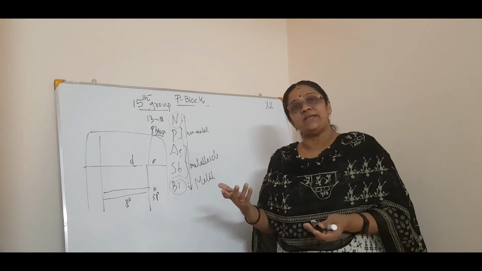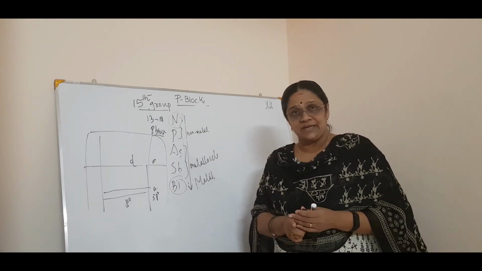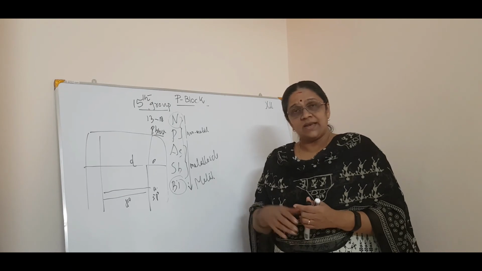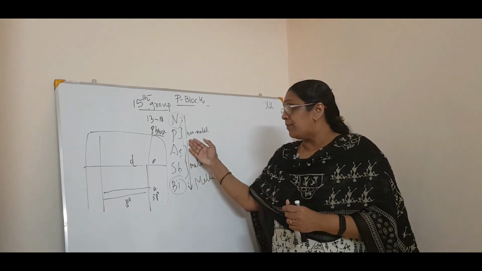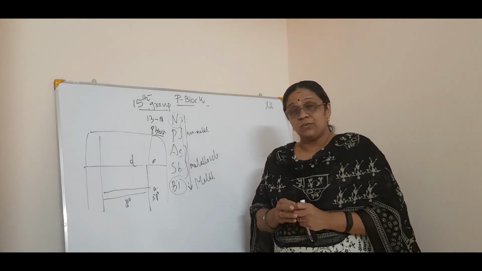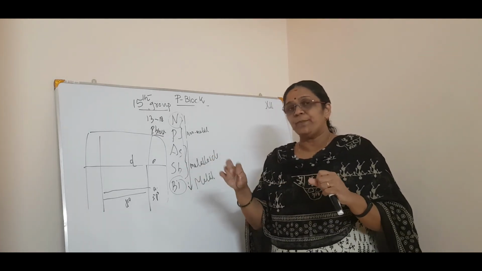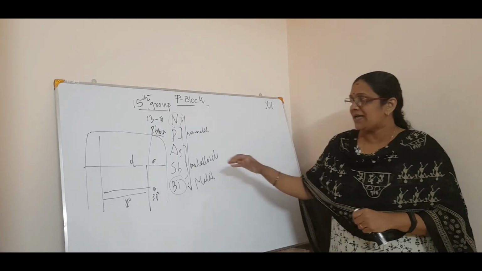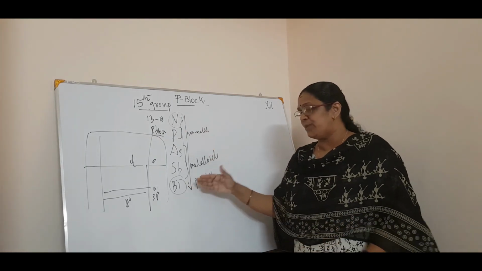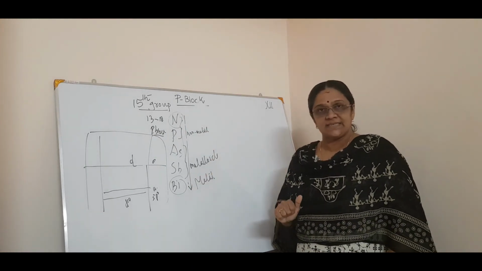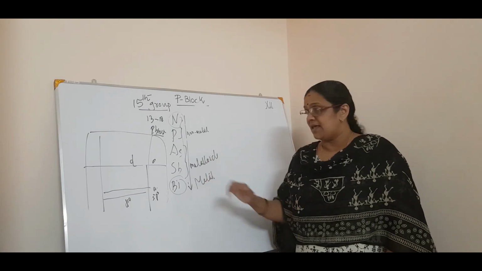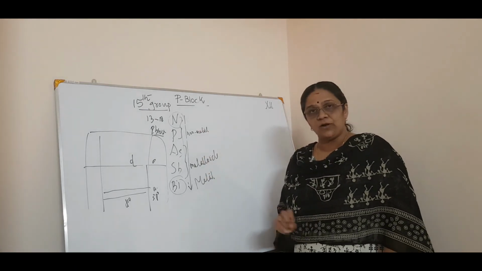the boiling point shows a gradual increase. Okay, gradual increase in the boiling point. Why? Because boiling point means the energy required to break that bond. So as we come from nitrogen to bismuth, the metallic bond increases. The metal to metal bond increases. Thereby you can say the boiling point increases.